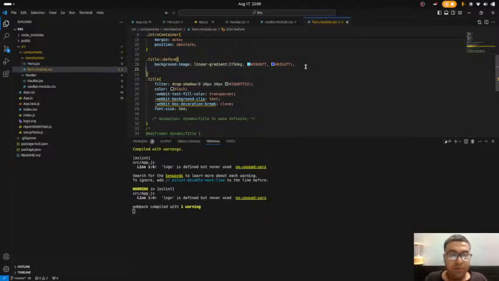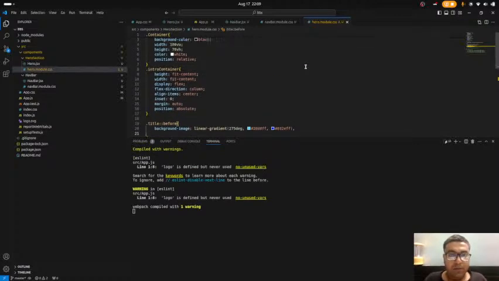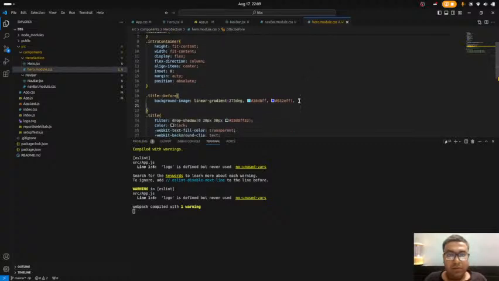What is even happening? I cannot even set height. I can set height, but